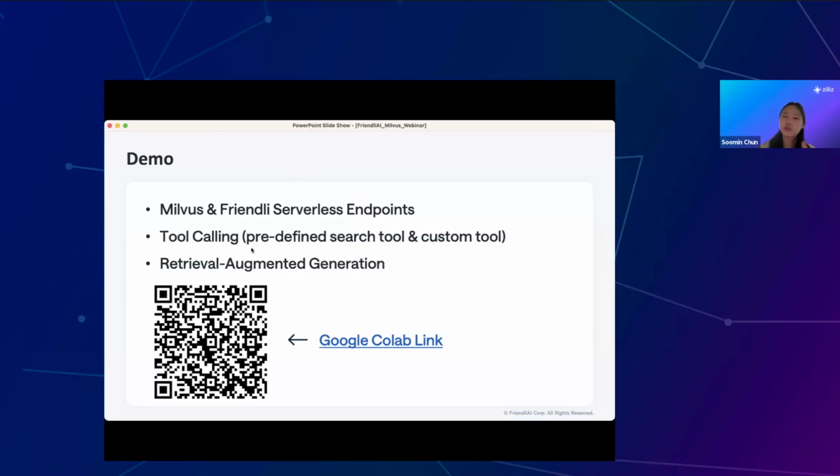So we'll be using Milvus for our database and friendly serverless endpoints. Friendly serverless endpoints are some models that we have deployments of already. These are going to be some popular trending models, and you can simply call our API. There's no need for you to deploy the model on your own. And you get $5 free trial credit for friendly serverless endpoints, so it should be very easy to follow along